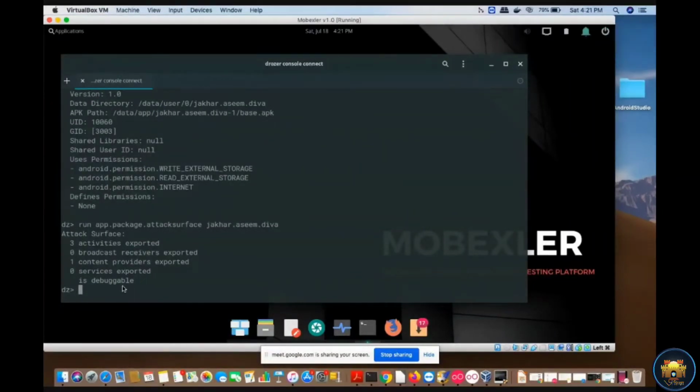How to bypass the activities by using the Drozer command, and how to get the content provider list by just executing the command from the Drozer console, right? So first of all, I need to check what all activities information is available in this jakarasim.diva package. So for that, I will execute the command